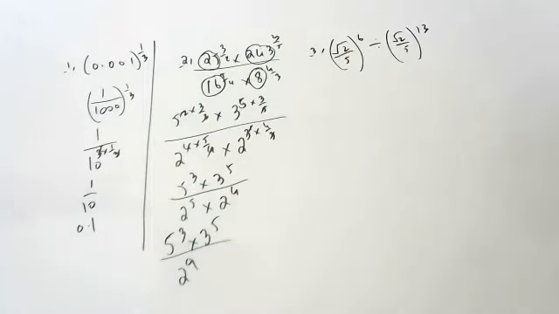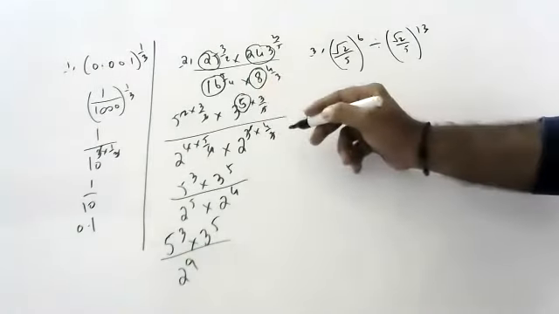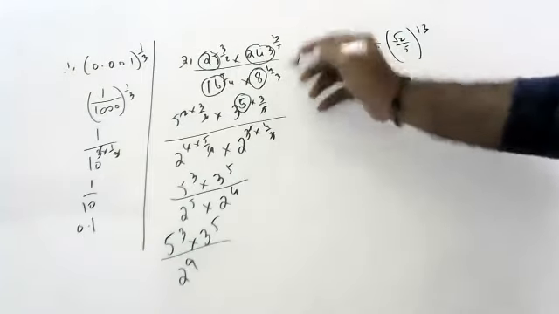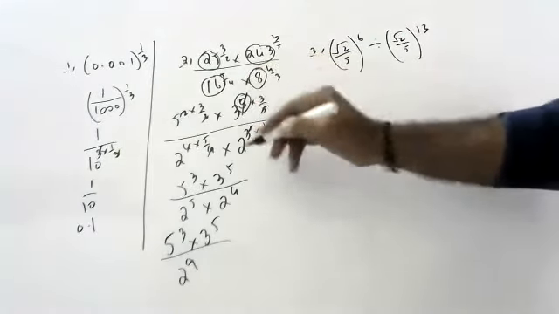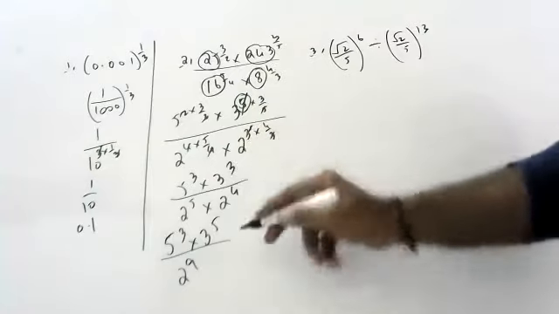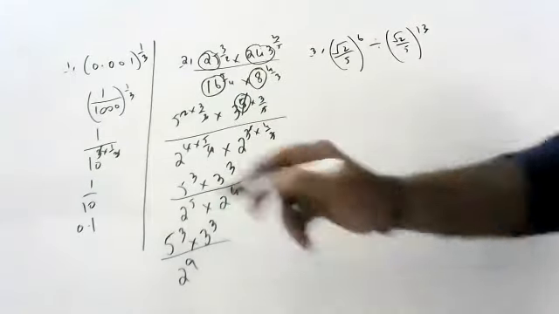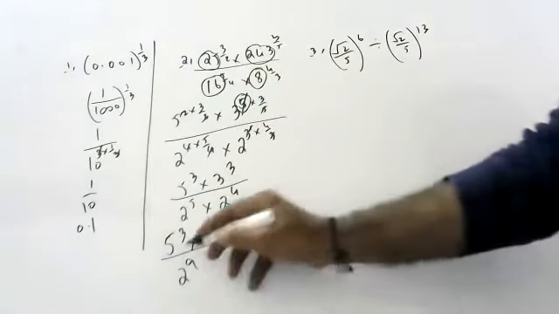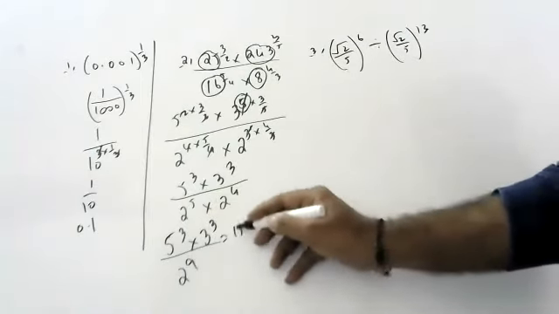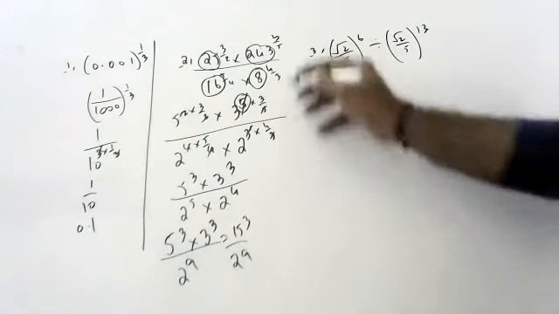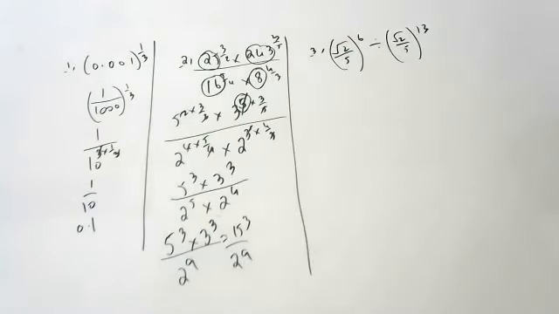Is the base 3 to the power 3 or 5, sir? 3 to the power of 5 here. We cancelled 5, 5, sir. Then 5 5 cancel means 3. If you want, you can write this: both powers are the same, 15 to the power of 3. Yeah, next one. Yes, sir.